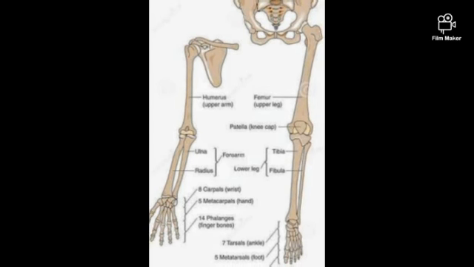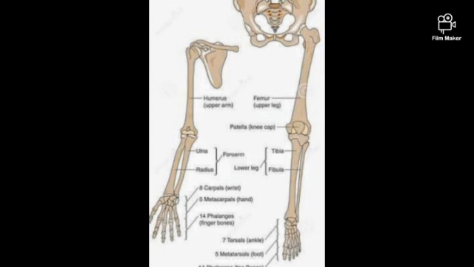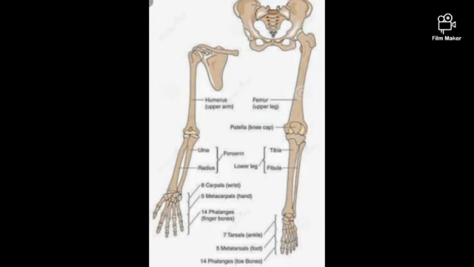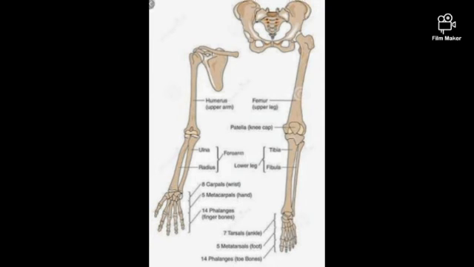You can also see on the screen. The ankles and the feet have a number of small bones. The femur is attached to the hip bone through the hip joint. The upper arm has one long bone known as humerus. You can see on the screen. The lower arm has two long bones. The wrist and hands have several bones.